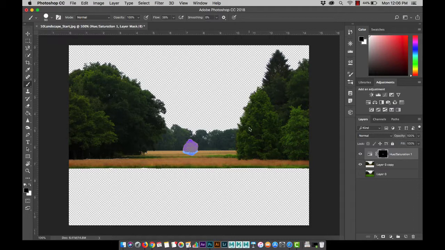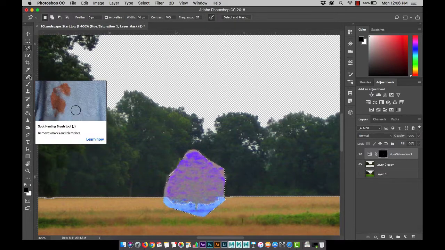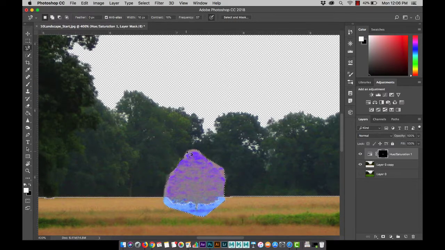Okay? And you can still use your selection tools with the mask. So let's say maybe I'll use my lasso or my pen tool. I have another video on the pen tool for you to take a look at. But say my lasso, and I'm just going to go around here, try to get closer to the tree branches. And again, I'm doing this a little bit quickly so you can get the point. But once I've got my lasso,